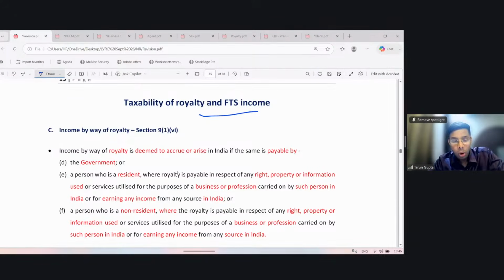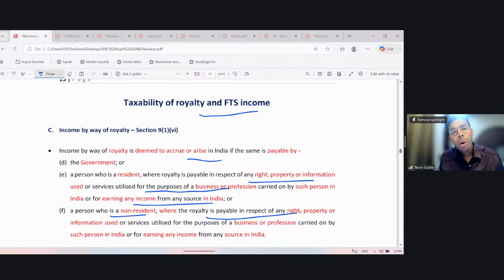Section 9(1)(vi) in respect of royalty says, income by way of royalty is deemed to accrue or arise in India if the same is payable by the government or a person who is resident, where royalty is payable in respect of any right, property, or information used or service utilized for the purpose of business or profession carried on by such resident in India, or for earning any income from any source in India, or where the royalty is payable by a person who is non-resident, where the royalty is payable in respect of right, property, or information used or service utilized for the purpose of business or profession carried on by such person in India or for earning any income from any source